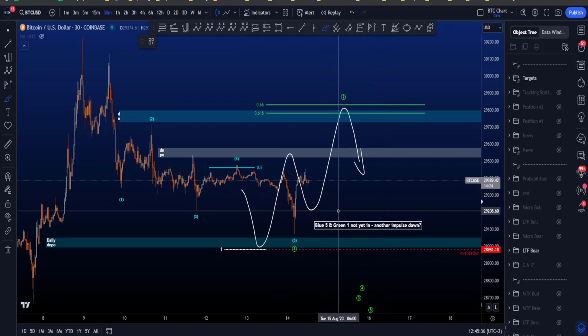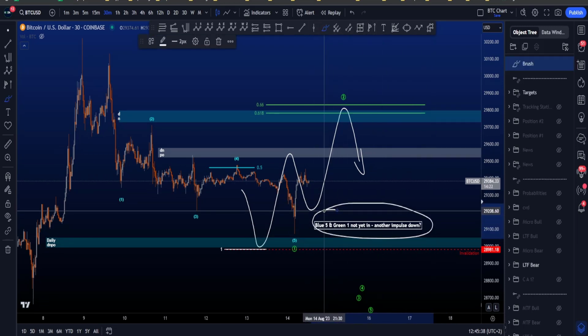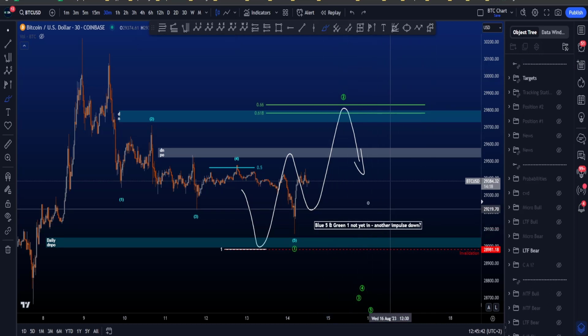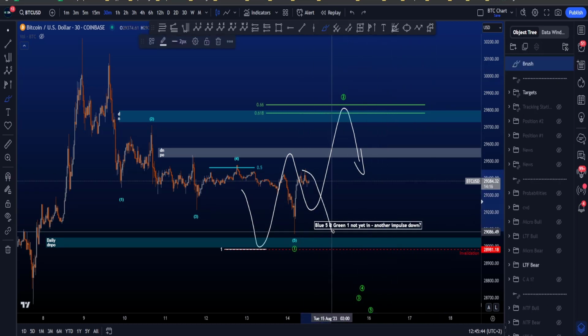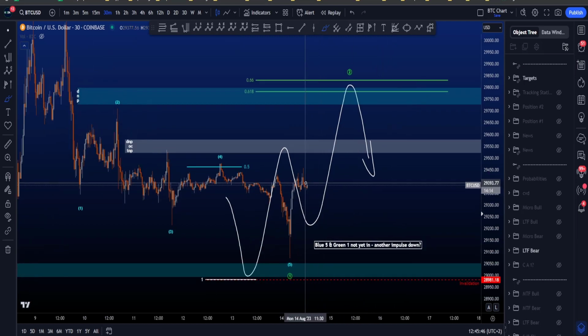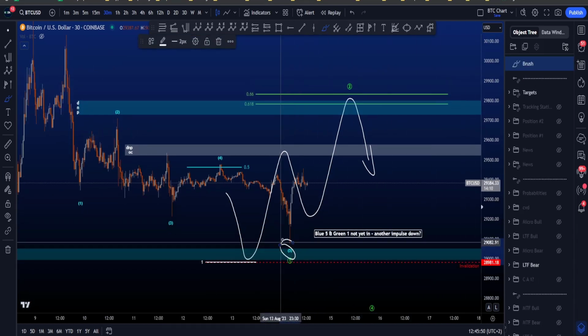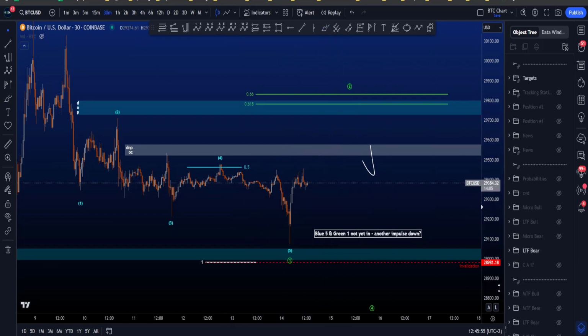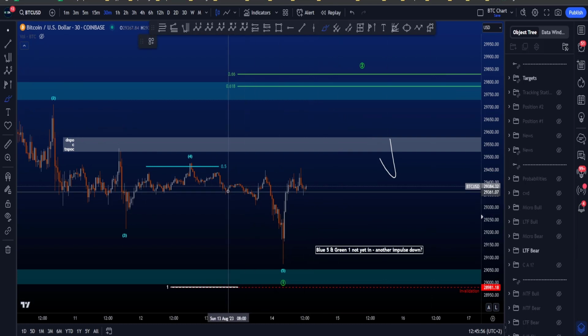Now you also see the text box over here, blue 5 and green 1, not yet in, question mark, another impulse down. Could it be possible that we get another move to the downside and then a final zigzag in wave 5? Well, I had a little look at that particular scenario, and in my opinion that is also quite unlikely, because